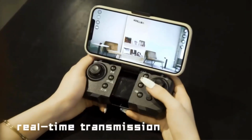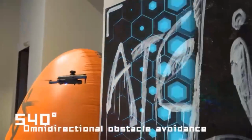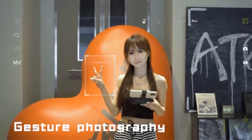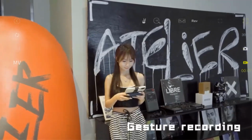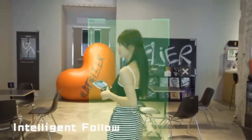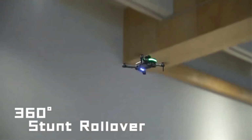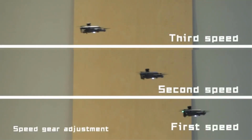It operates on a 5G frequency with 6-channel 6-axis gyroscope control suitable for ages 14 and above. The package includes a 4K, 8K resolution camera with 540 degrees electric adjustment, offering a transmission distance of 300 to 500 meters via Wi-Fi. The drone features altitude fixing mode, optical flow positioning, custom route planning, APP control, gesture camera,